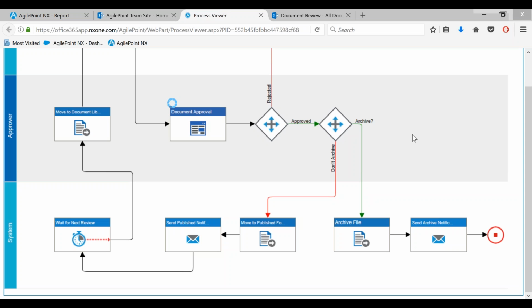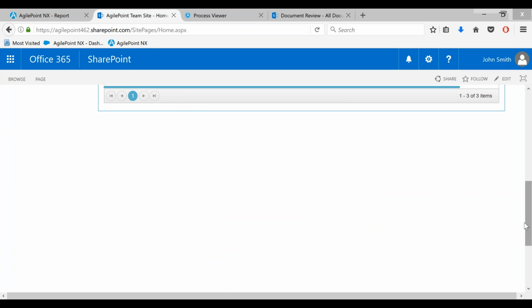This process is going to manage all the way from the inception of a document through revisions and publication. So the end goal here is to put a document through its paces, make sure it's reviewed by the right folks, then ultimately publish it for some sort of external consumption, whether it's going on my website, going to my extranet, what have you.